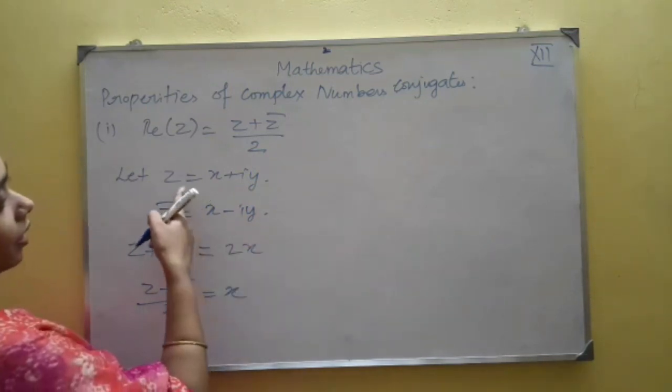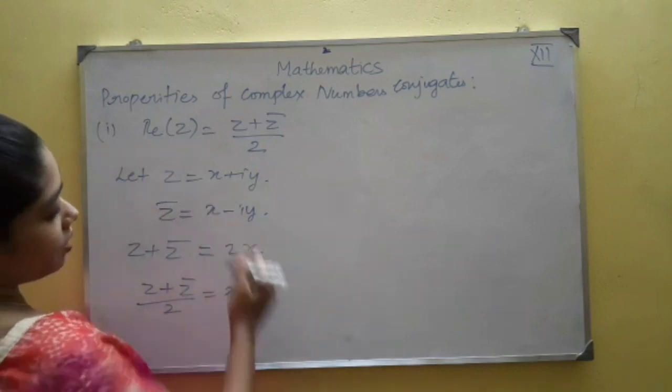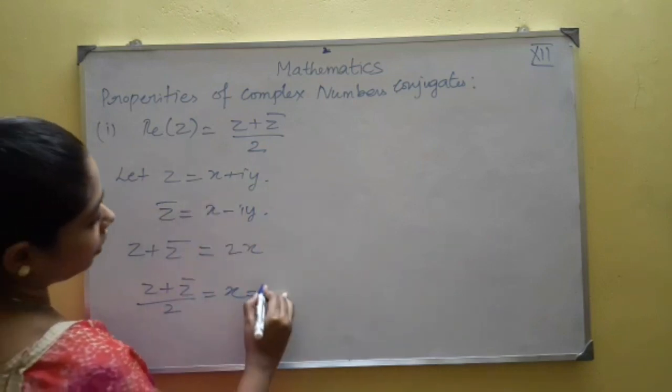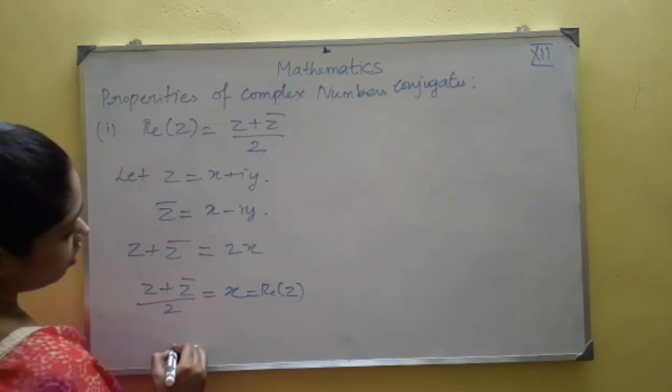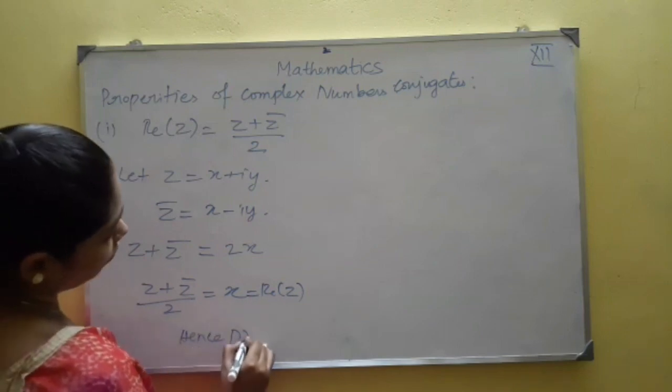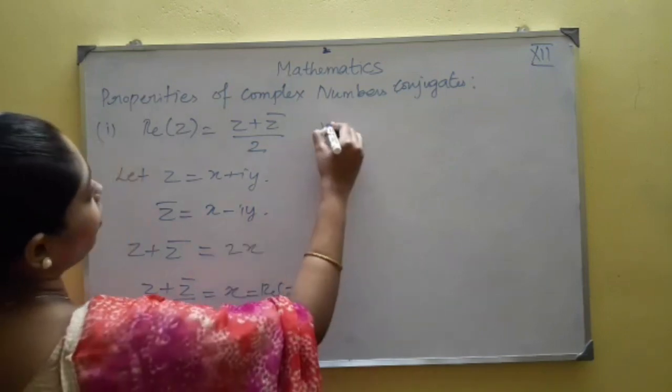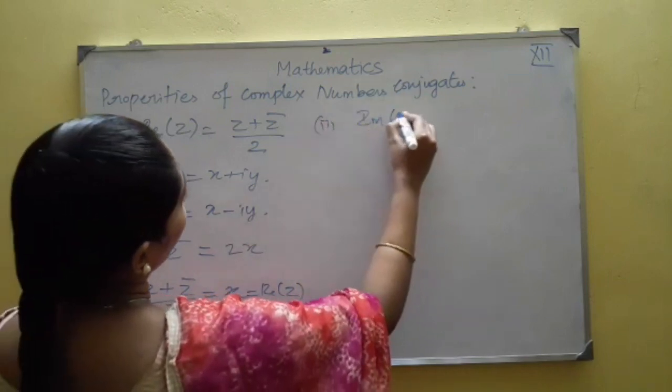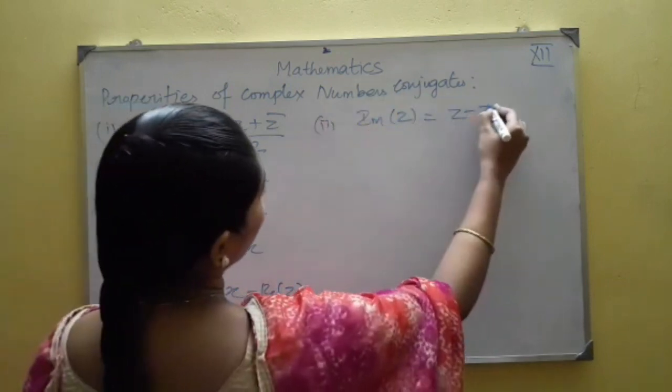So what is real part of z? Real part of z is x, no? So this x can be written as real part of z. So hence proved. Okay. Now second property, imaginary part of z is equal to z minus z bar whole divided